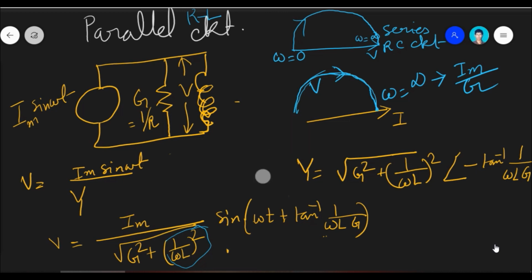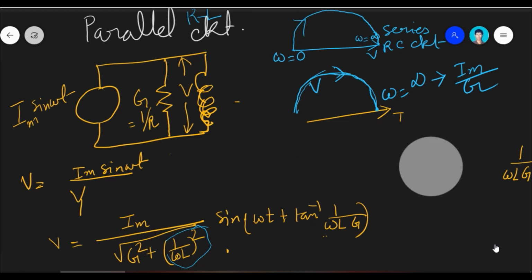Now what is the concept of duality? Without making it much complicated and without much theoretical discussion, what we can understand here is that